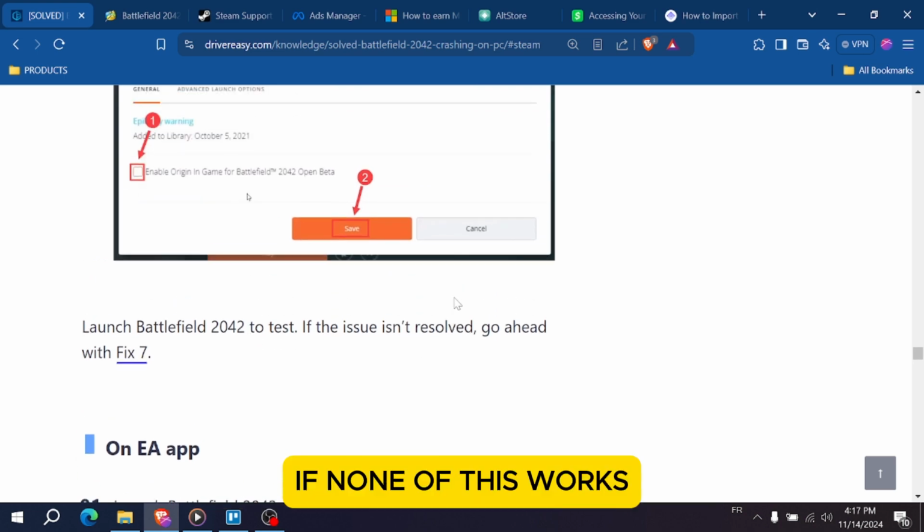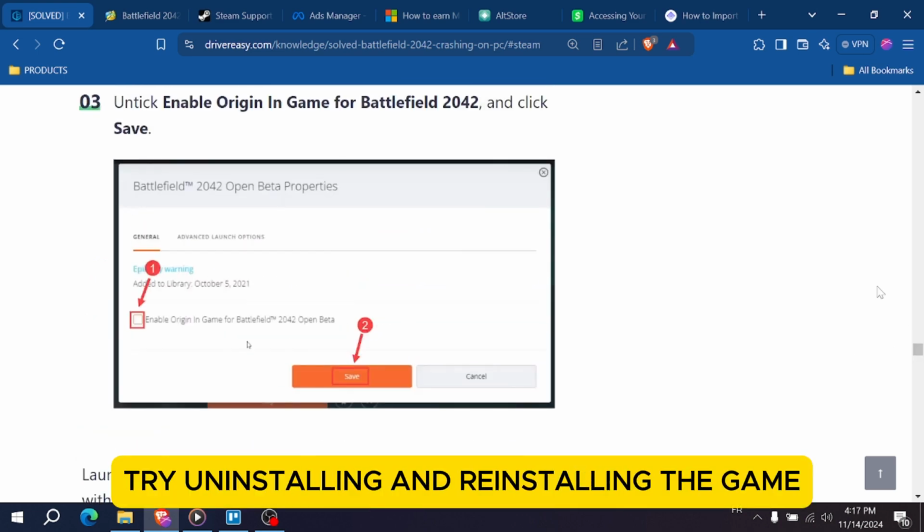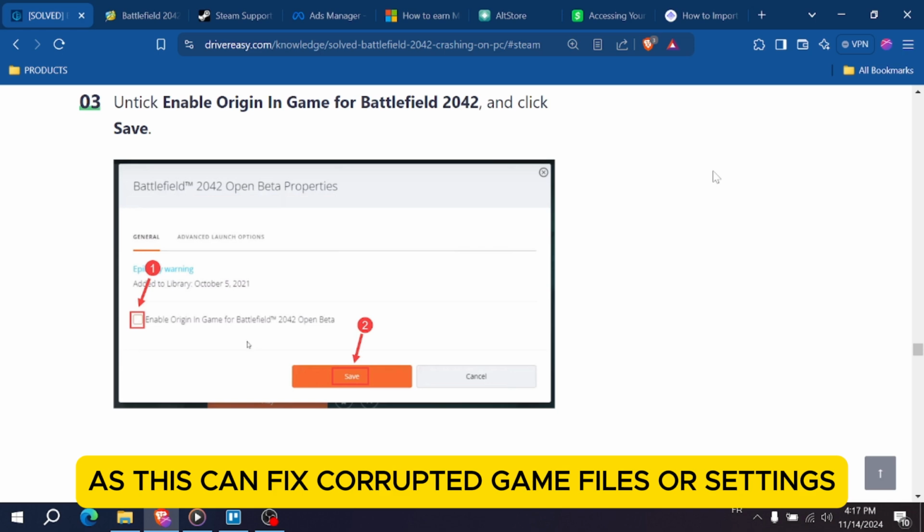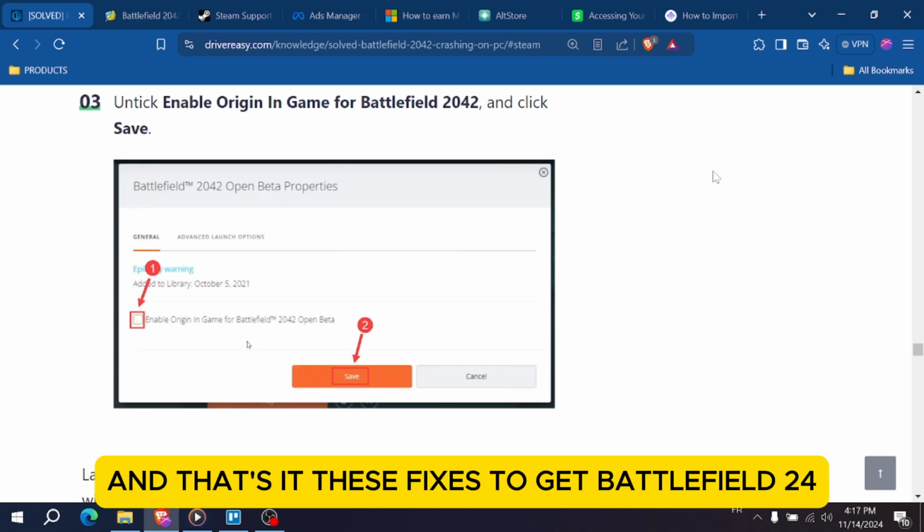If none of this works, try uninstalling and reinstalling the game, as this can fix corrupted game files or settings. And that's it, these fixes to get Battlefield 2042 running